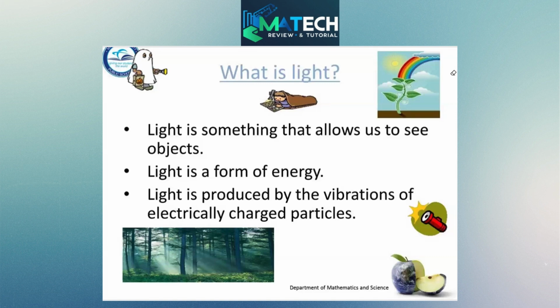Second, light is a form of energy. So let's first define what energy is. When you say energy, it is the ability to do work, and also the ability to cause a change. So how come light is a form of energy, the ability to do work and also cause change? For example,